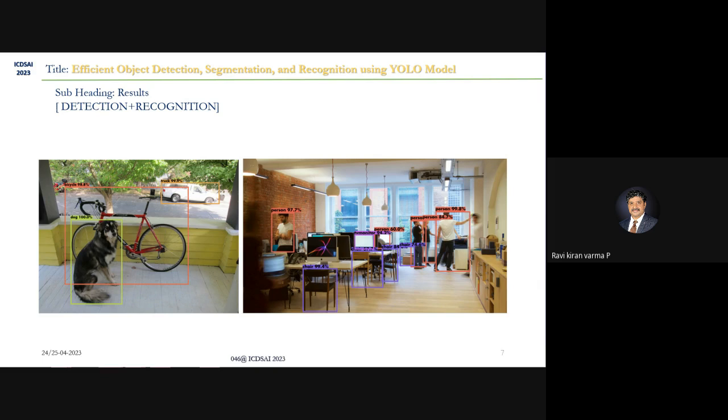You need to mention it somewhere, because there are multiple parts in your work, that is detection, segmentation, and recognition. Yes, sir. So everything has a certain accuracy. Okay, sir. Detection accuracy and recognition accuracy may not be the same. Yes, sir, I get you, sir. So what is the difference between detection and recognition? Can you tell me? Sir, basically detection.